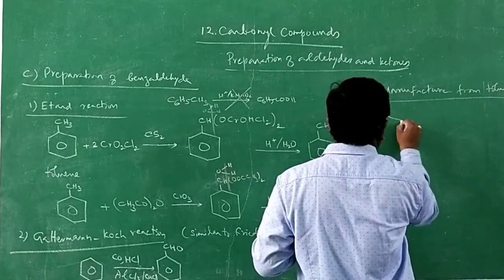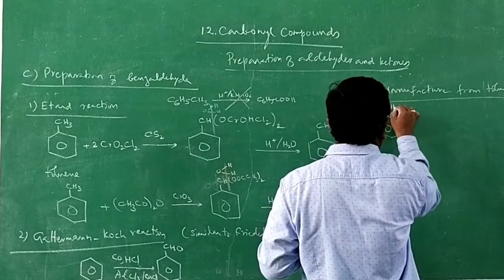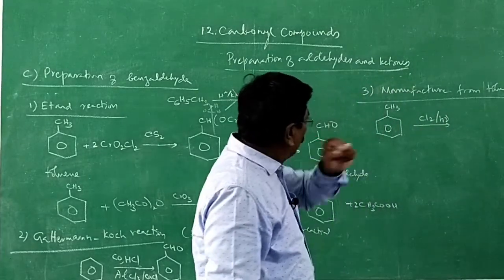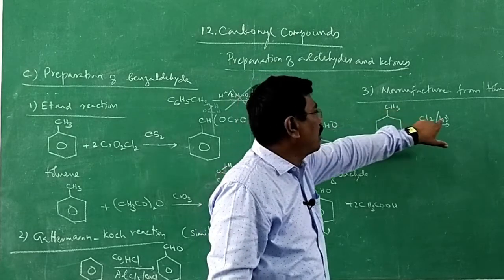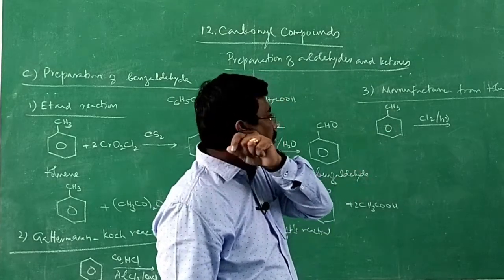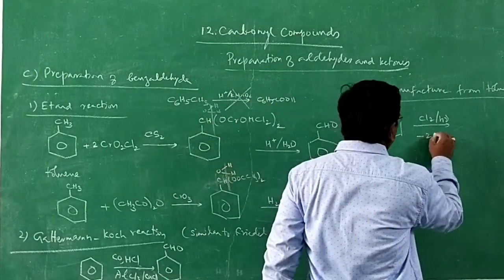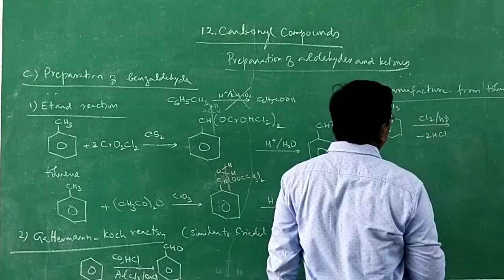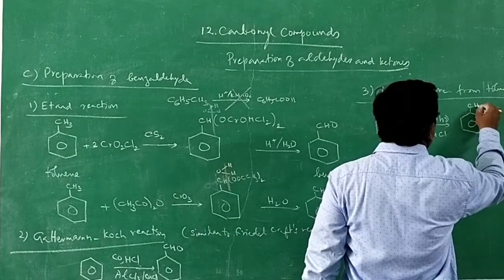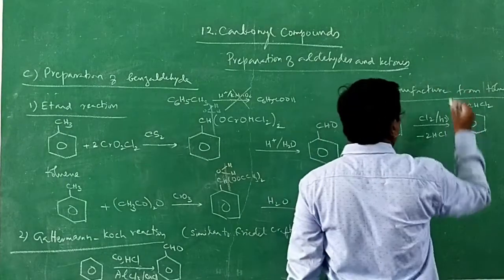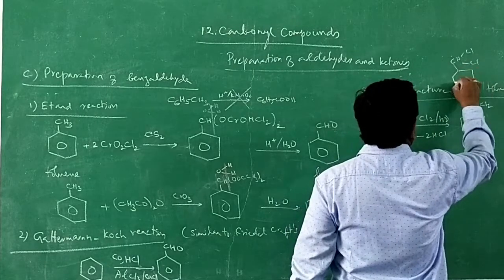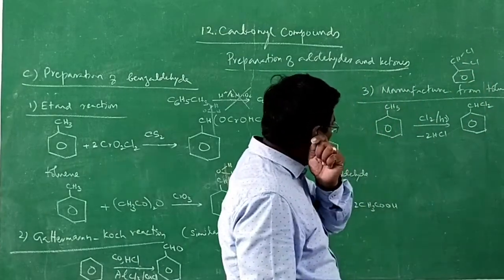The toluene is first chlorinated in the presence of light. For chlorination to take place in the side chain, we use light. If ferric chloride is used, you will be getting ortho para product. That is electrophilic substitution. Now, 2 HCl will get removed because 2 molecules of chlorine may get involved, and we get benzal dichloride. Instead of 2 hydrogen, 2 chlorine. It goes like this: C6H5CHCl2.